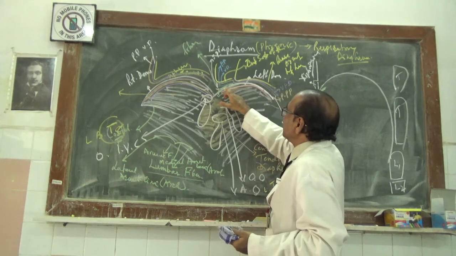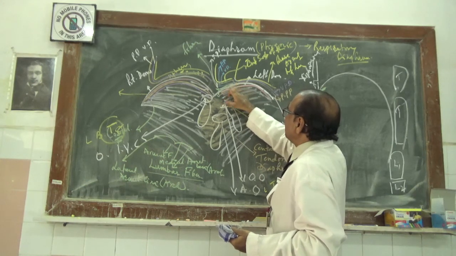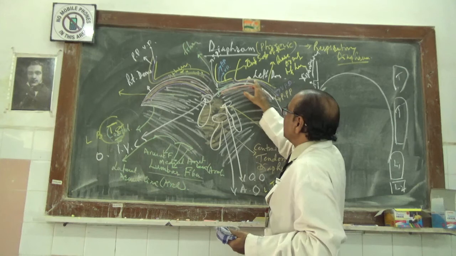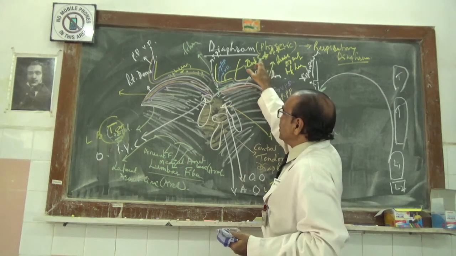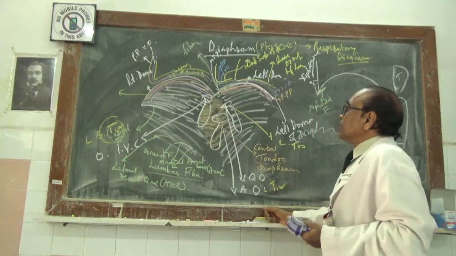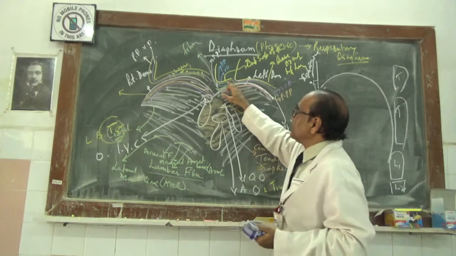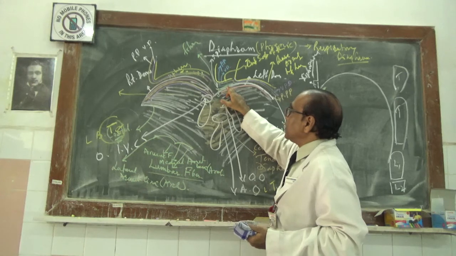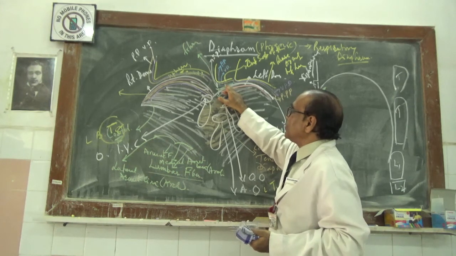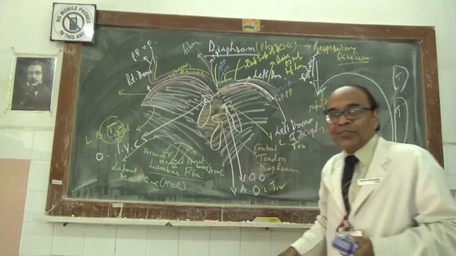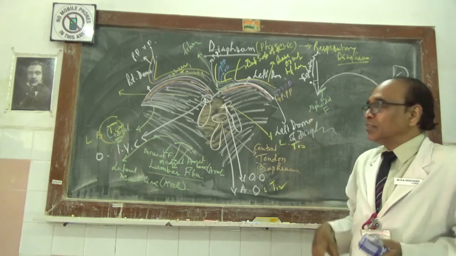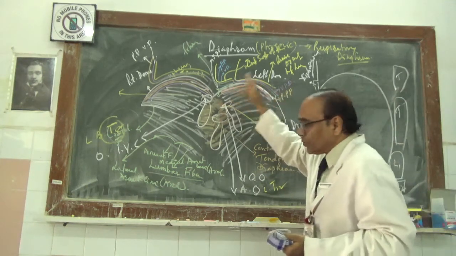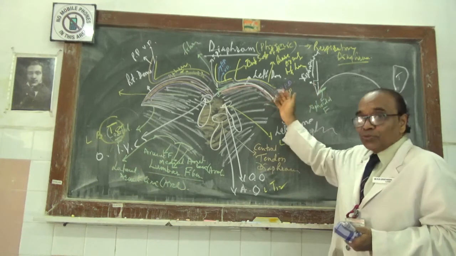The left dome of the diaphragm has above it the base of the left lung, the parietal and visceral pleura, the inferior surface of the heart, the pericardium, fibrous, then serous. Serous will have two: one parietal and another visceral. So like this, you will be separating these things.